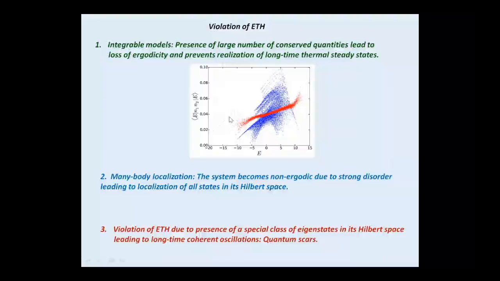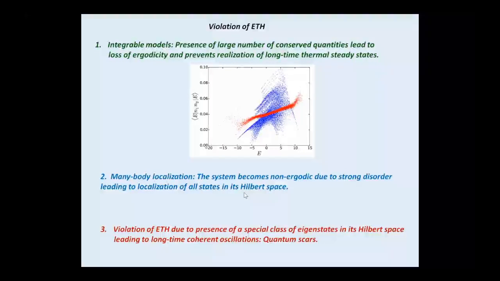So essentially everything falls roughly around the average energy out here. However, if you now turn off the interaction and make it a free chain, which is an integrable model, those are the blue dots, and you see that it's nowhere close to the ETH predicted value. So this is one way in which ETH can be violated. The other way in which ETH is known to be violated is many body localization. This happens in the presence of very strong disorder in interacting systems, when the system becomes non-ergodic due to localization of all states in Hilbert space. If that happens, the ergodicity condition is again violated, and it is known that ETH is not applicable.